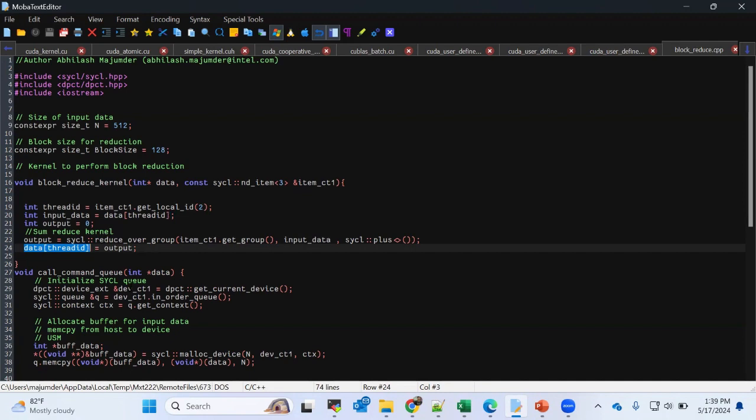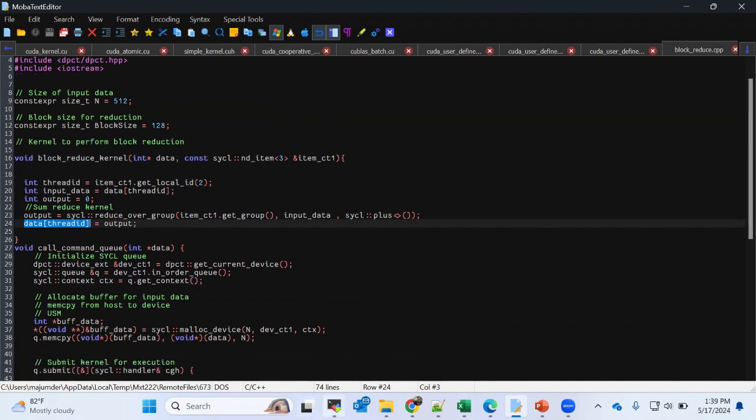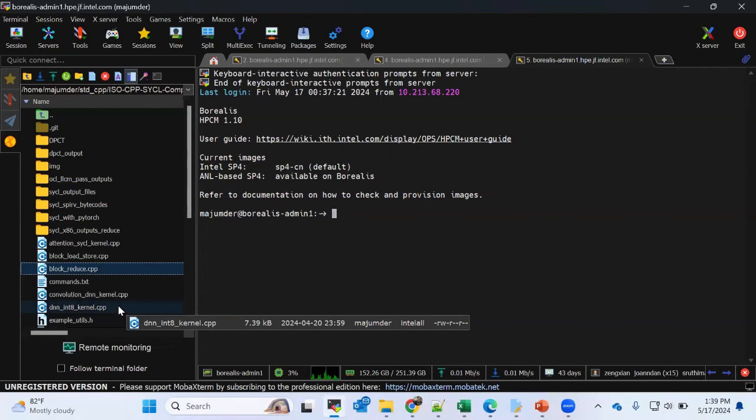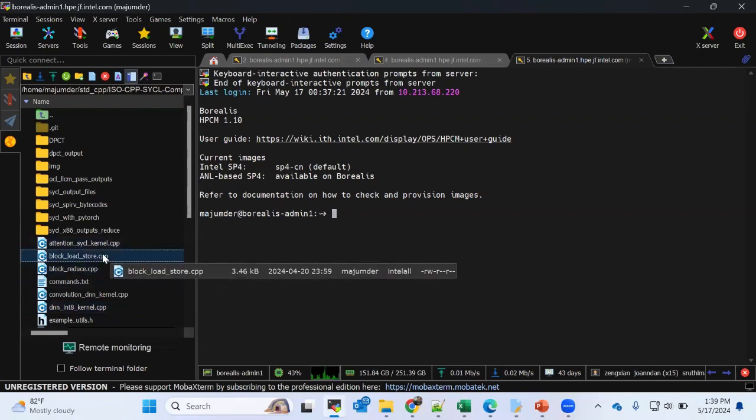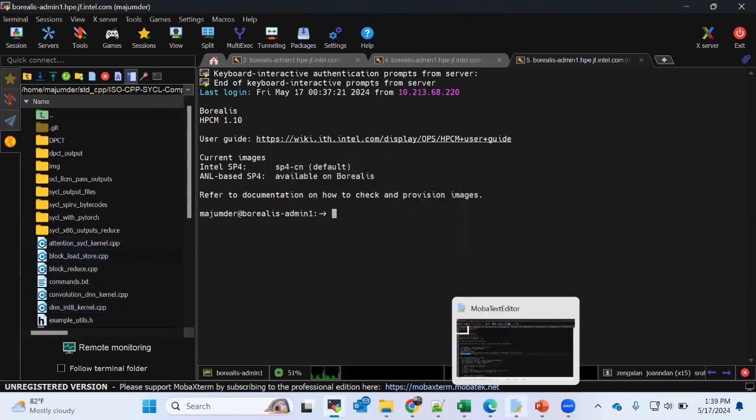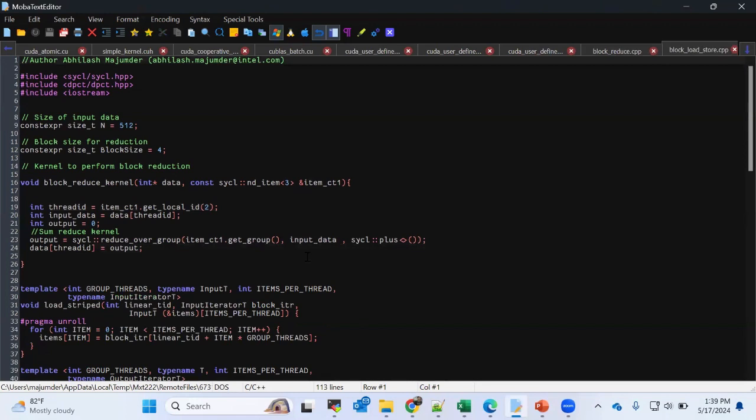So this is a particular example where we are using this. So you can compile it and run it. The source files and the compiled files are already there. So let's look at another example, which is almost, if you have done some CUDA coding